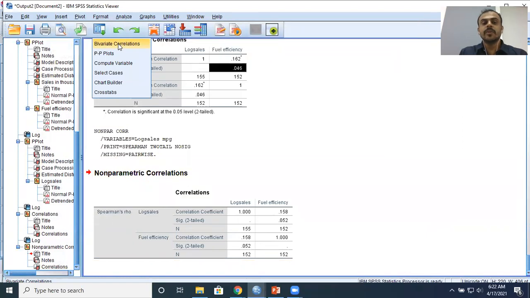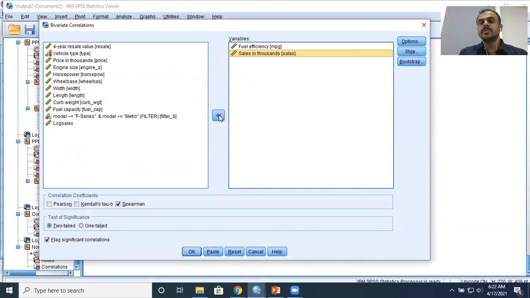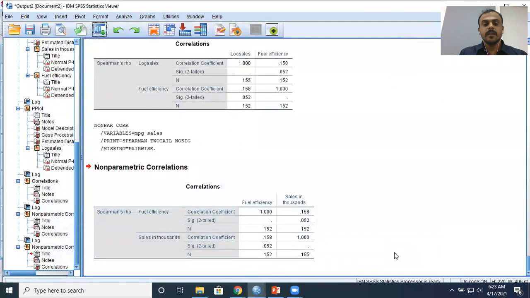So let me go to Dialog Recall, Bivariate Correlation, and instead of log sales, I will just choose sales in 1000. This is just for demonstration purposes. Spearman's rank correlation, right? When I don't care about the distribution, bivariate normality and outliers and such things, you can just choose this. Please click on OK, right?